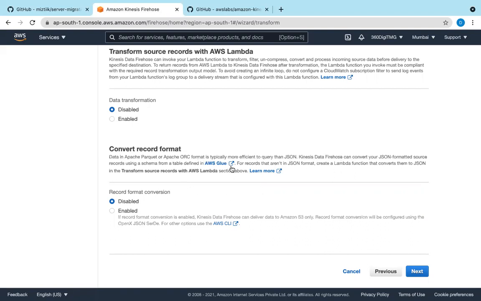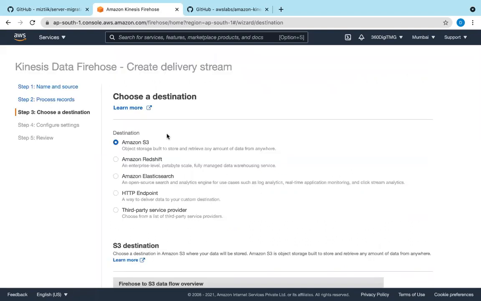Simple. So that is transforming the incoming data. Next. So here I can use destination as S3, Redshift, Elasticsearch, which is an open source search and analytics engine, or HTTP endpoint, all these things.